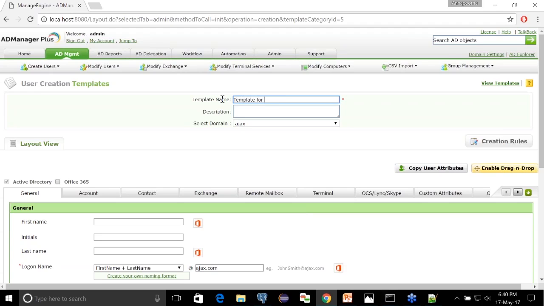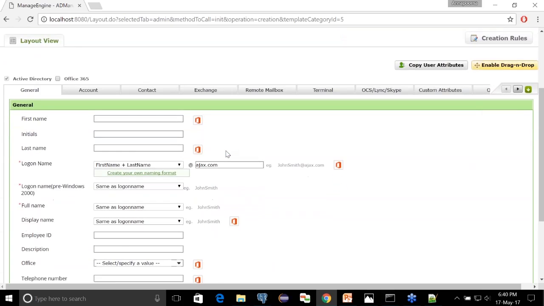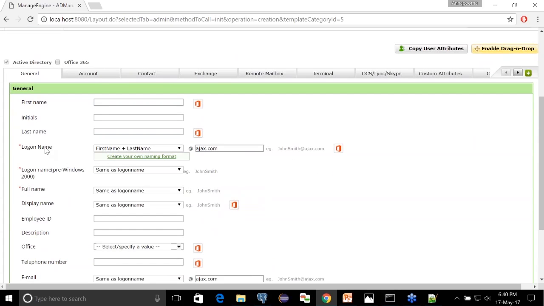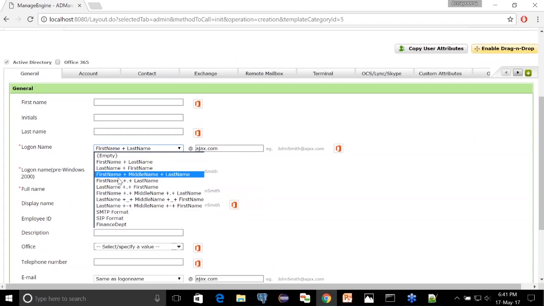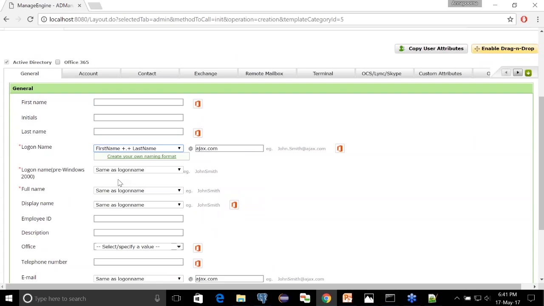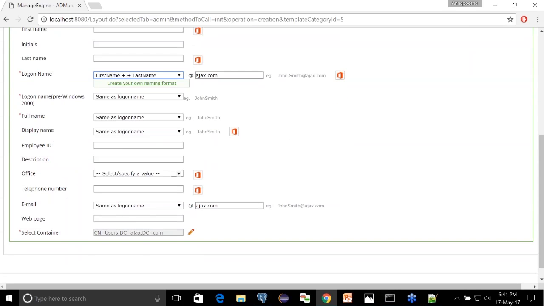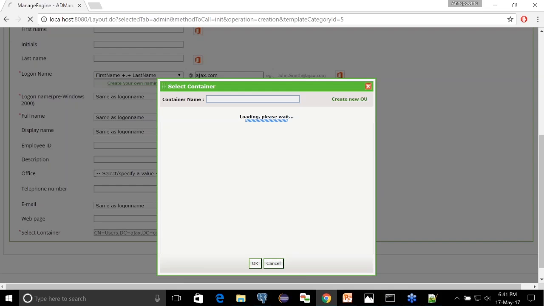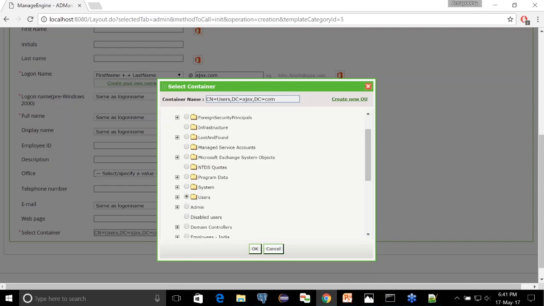If you have attended the previous session, you would have known how to create a template and how to create a CSV file. I'm going to give you a quick recap of how you have to create a template. So this could be a quick deviation from creating this automation, but I bet this is going to be a very useful tip. So go to AD Management tab, click User Management, and then click User Creation Template. So right now I'm going to create a template with the name, say, template for HR. Okay, so I'm going to click this link, create new template, that you can see on the right side of the screen.